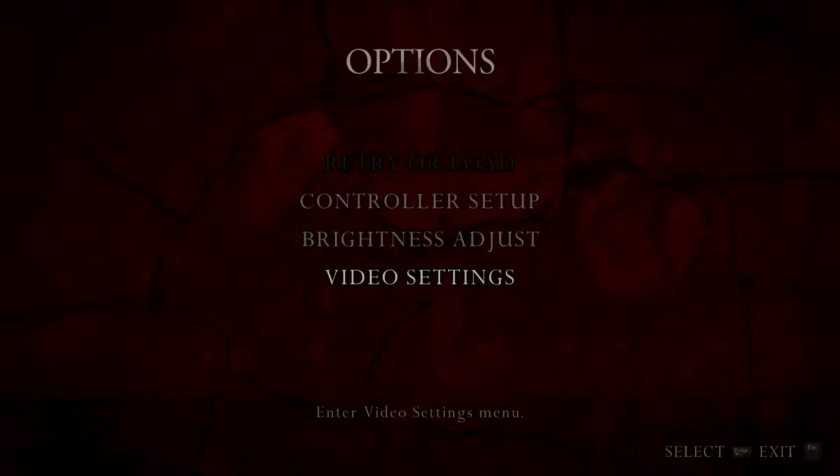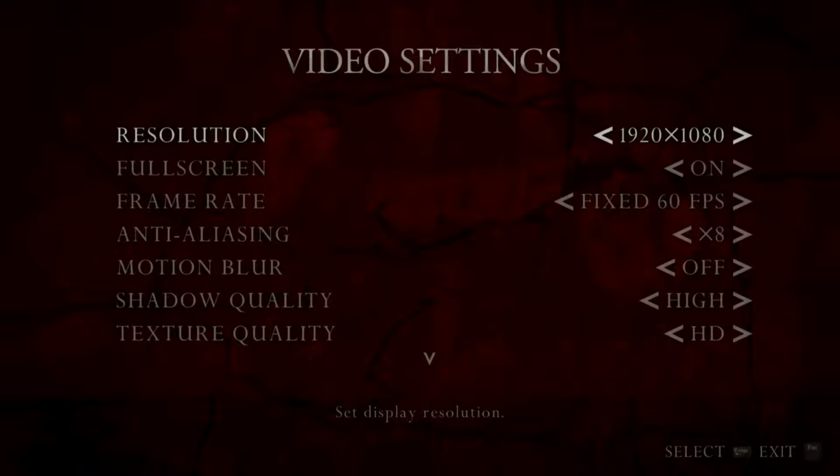So, the video settings for Resident Evil 4 PC Ultimate HD Edition by default put you at, I think, 720p. I am knocking that up to 1080, and it is by default at fixed 60 frames per second. You could do fixed 30, nothing else. And I have anti-aliasing turned on, motion blur turned off, and the texture quality is HD versus